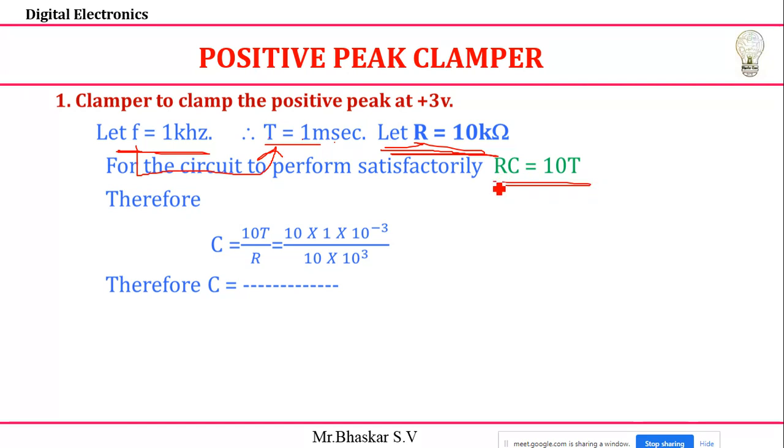Here I am going to assume that the R value is 10 kilo ohm, and the C value I need to find out, with 10 times the time, so I'm designing for 1 millisecond. You can just substitute the values and easily find my C value. How to find out? Just C is equal to 10 T divided by R. So 10 into T, the time value is 1 millisecond, I'll take 1 into 10 power of minus 3. The R value is 10 kilo ohm, 10 into 10 power of 3. Now I'll cancel my 10 and 10, I'll take 10 power of 3 to the numerator, and it becomes 10 power of minus 3. Now you just tell me what capacitor value I'll get.